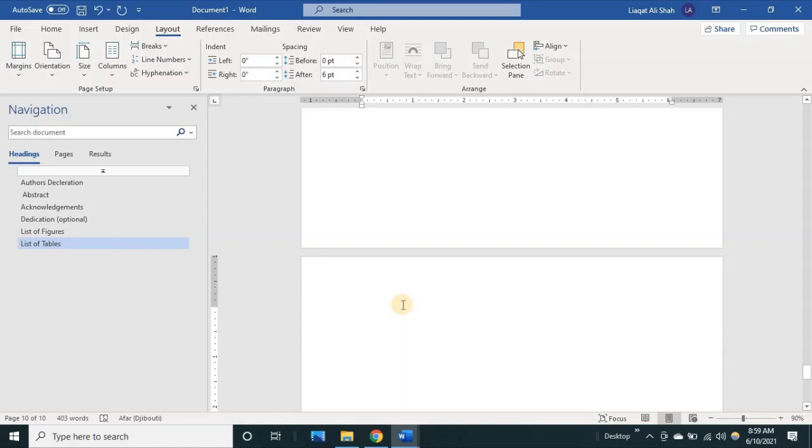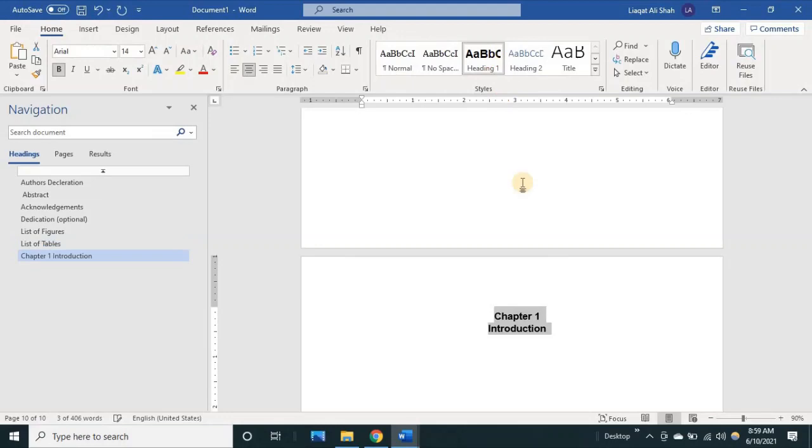I write here chapter 1, shift plus enter, and introduction. Choose this, Control E and give it heading 1, right? So you can see chapter 1 introduction. Now write